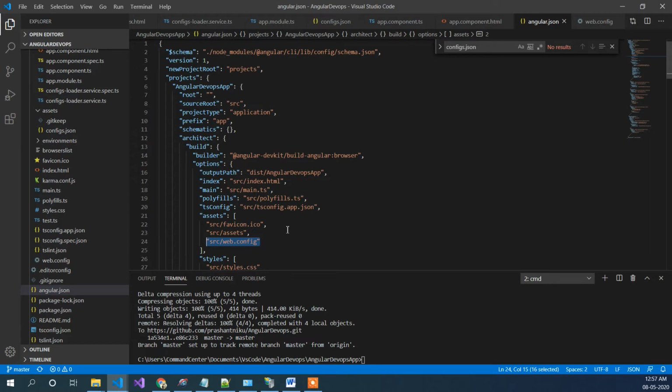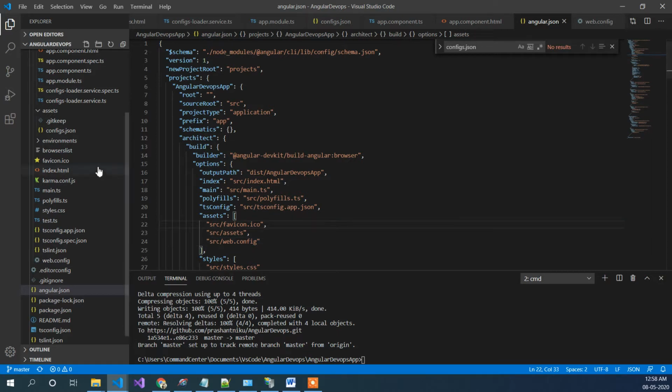The benefit of doing that is that when you build the project, it will also copy this web.config into your application build output. When you actually deploy it, it will also get deployed on the server, so you don't have to manually copy and paste the stuff. That way it will be foolproof from our side and fully automated.